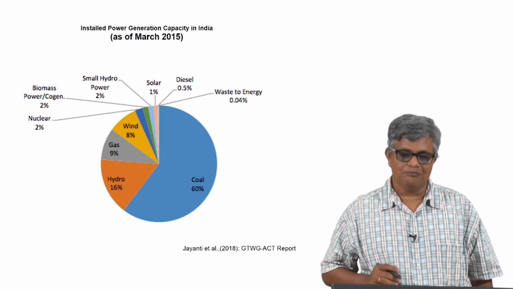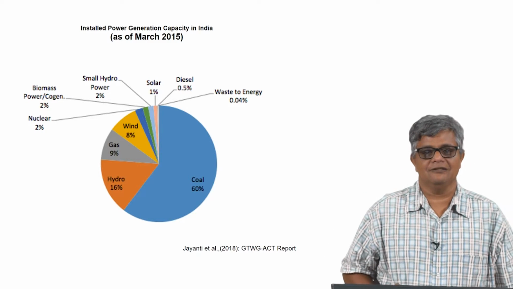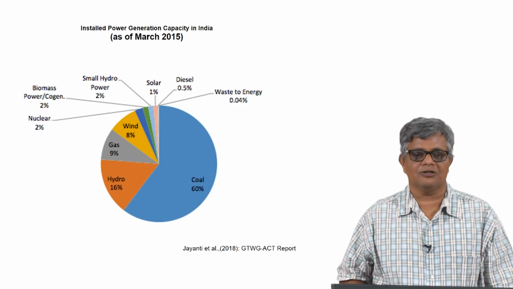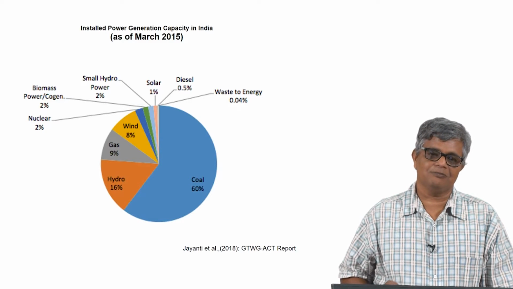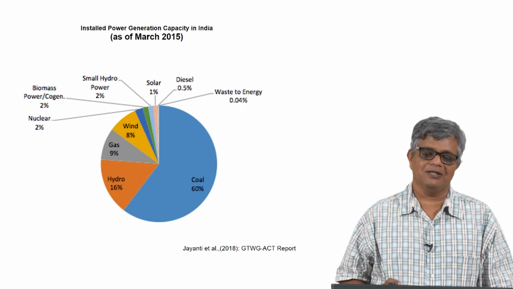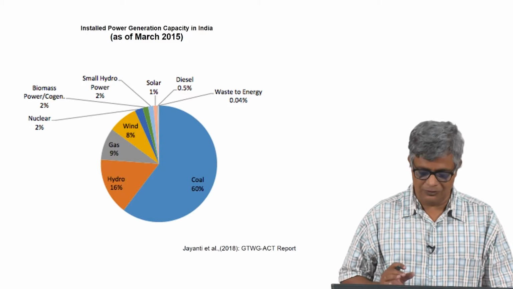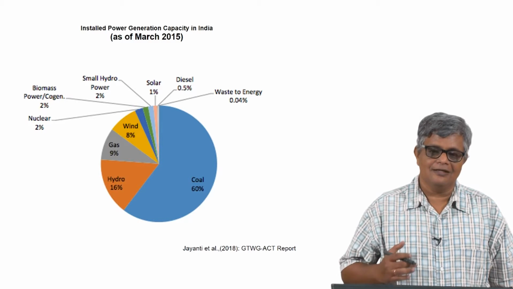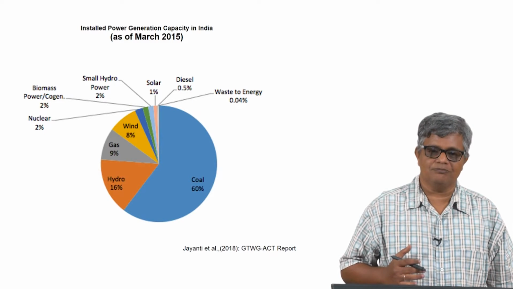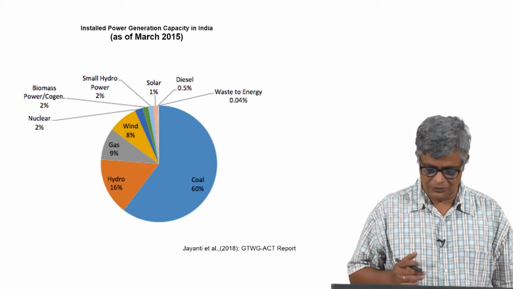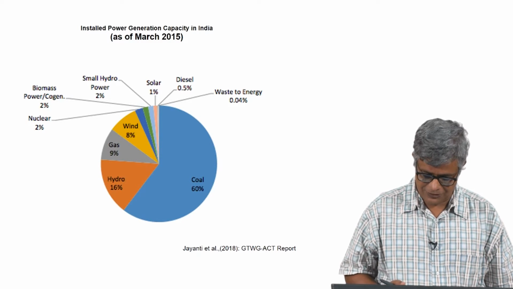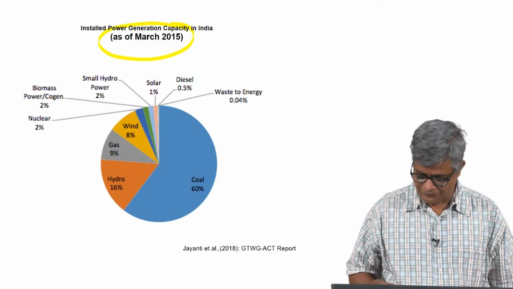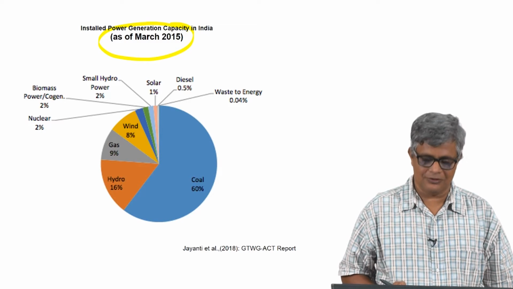If you look at power generation in India, power generation, electricity consumption is very important in a modern society, and electricity is a premium form of energy. It is used by industry for GDP, it is used by people for most of their daily lives, and energy spent on power generation is an important part of the whole debate on energy and environment nowadays. So, as of March 2015, these are data taken from the Ministry Resources of India.